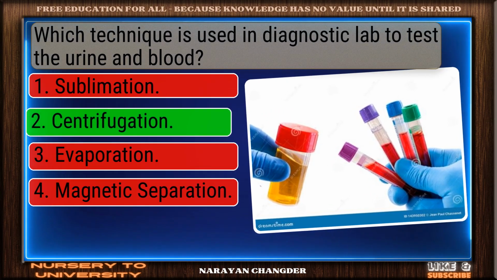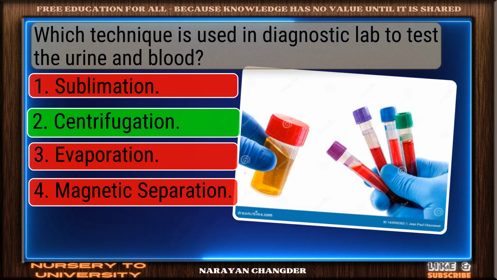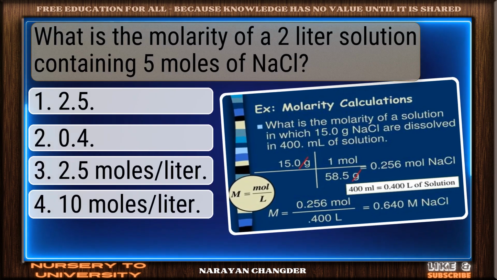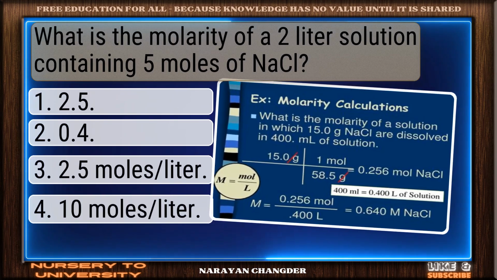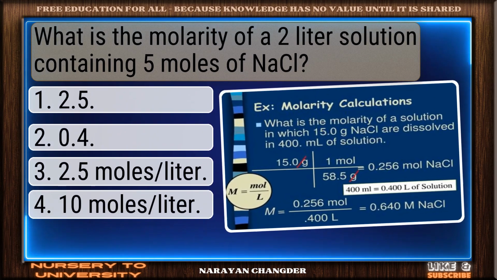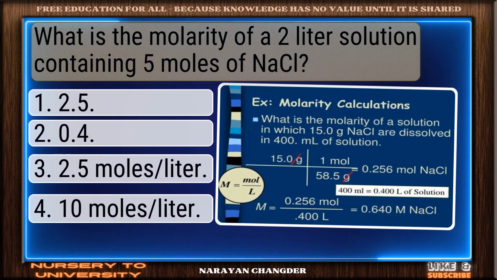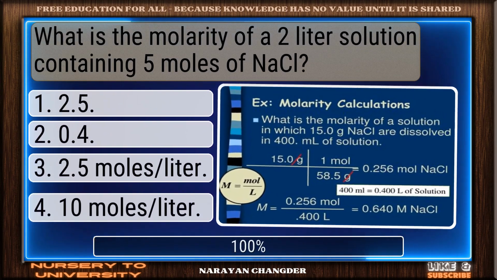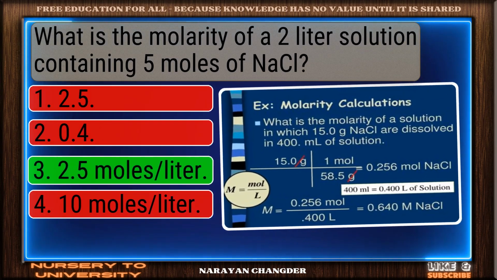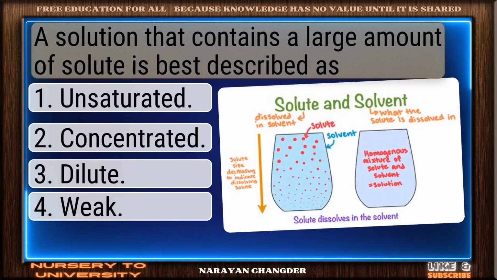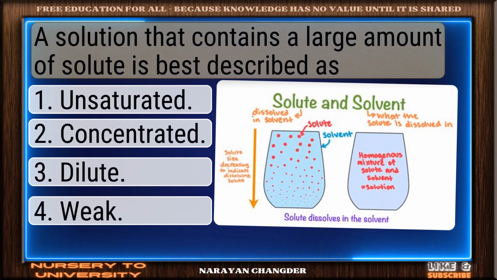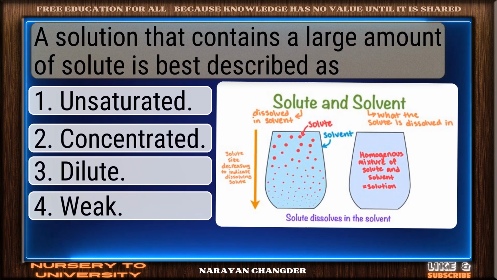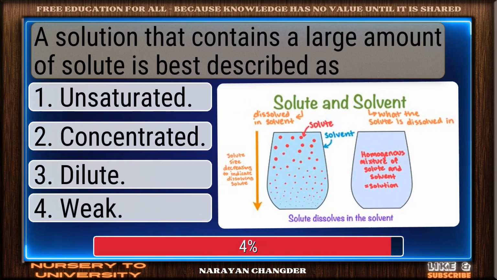Strong choice. Centrifugation is the right answer. Question number 99. What is the molarity of a 2-liter solution containing 5 moles of NaCl? Bravo. 2.5 moles per liter is the answer. Question number 100. A solution that contains a large amount of solute is best described as